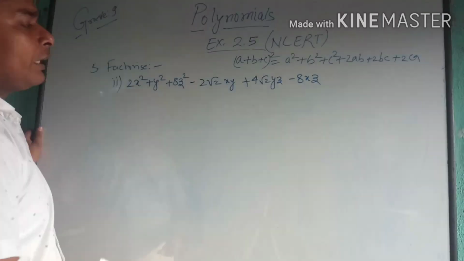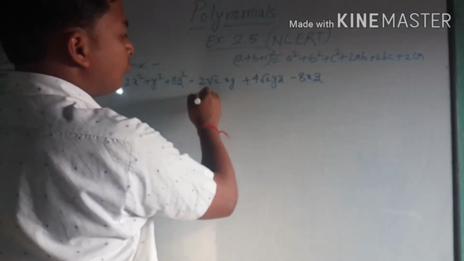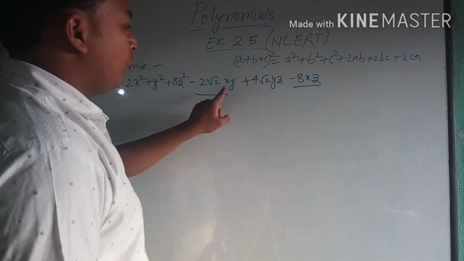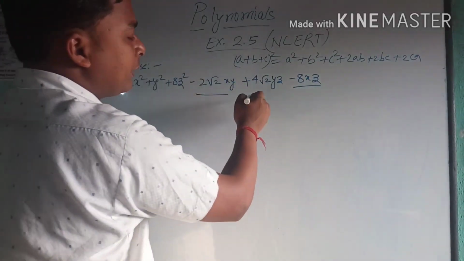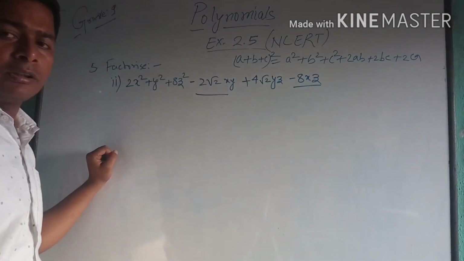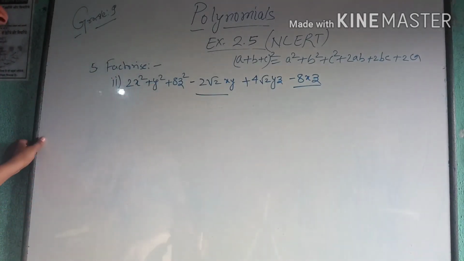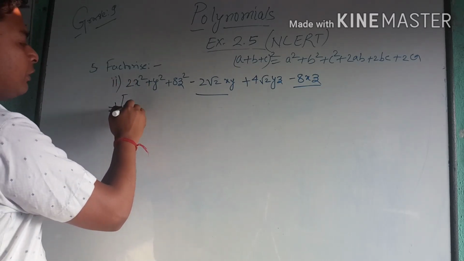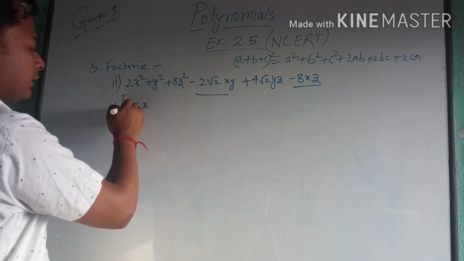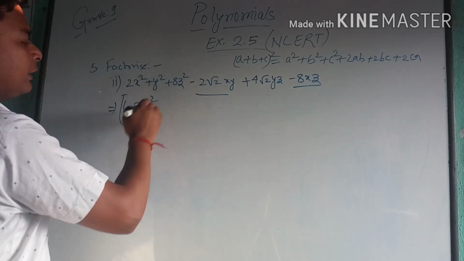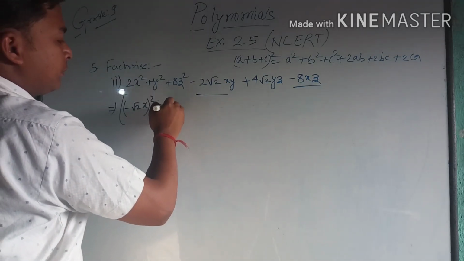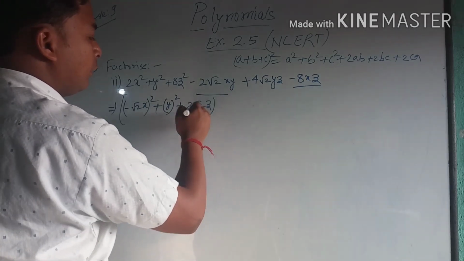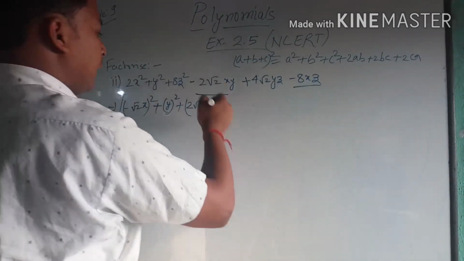So my dear, we will first identify which one is our minus. Here one term is minus, another term is here. Which term? x, y, and here is x, z, which is common at both places. Then we can identify that x is common at both places. So our x term is negative. Now if we go for this part, 2 is the whole square of root 2 and x. We can write as a square plus b square plus c square. 8 is 2 root 2 z whole square, and we will substitute other parts like this only.